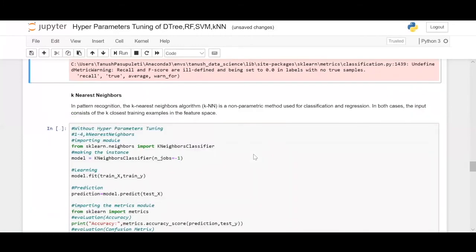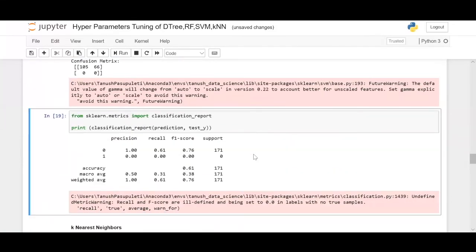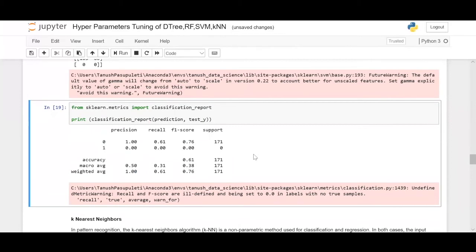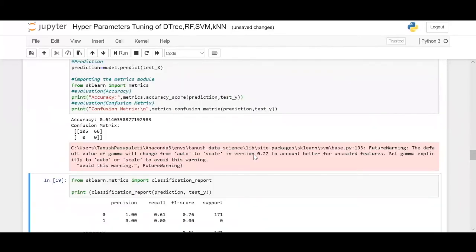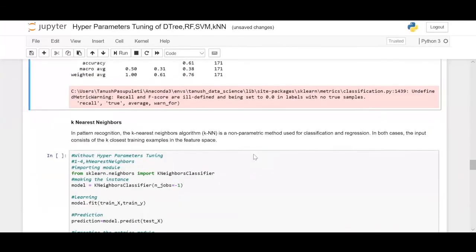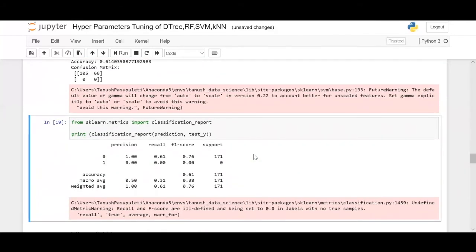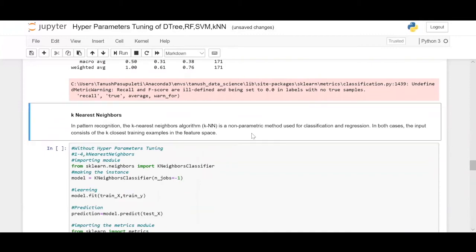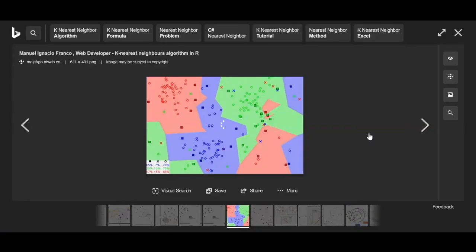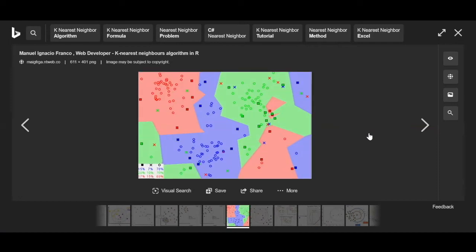That's the problem here. So support vector machine, we will look into it again and see how we can improve its performance, because this is a very big problem. This is not something we as data analysts would like to see. So we will get back to support vector machine again. Now let's move on to k-nearest neighbors. So it depends on the number of neighbors from a given point. So I'll just get into this.